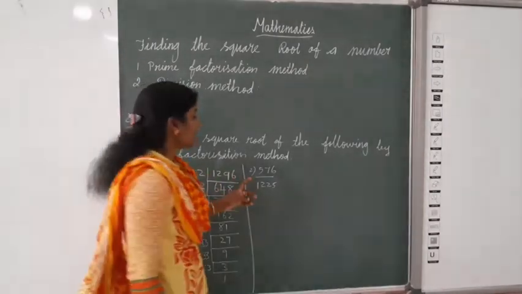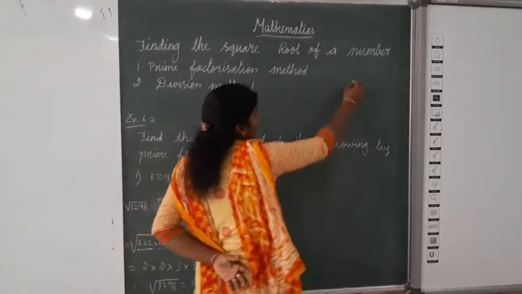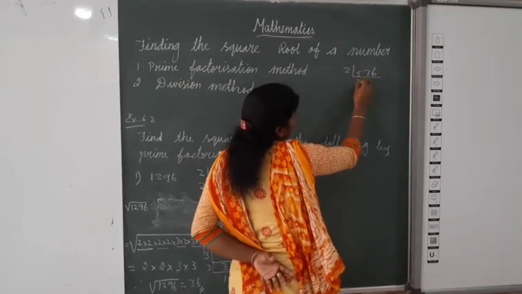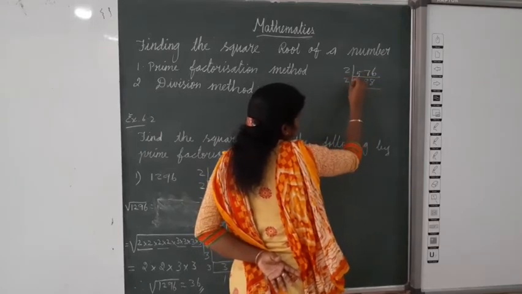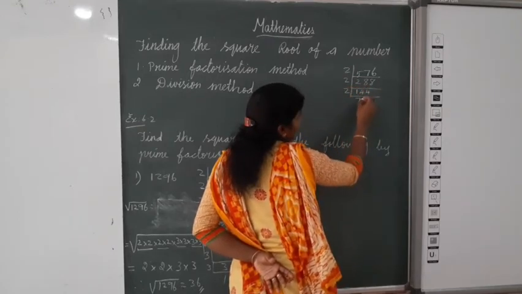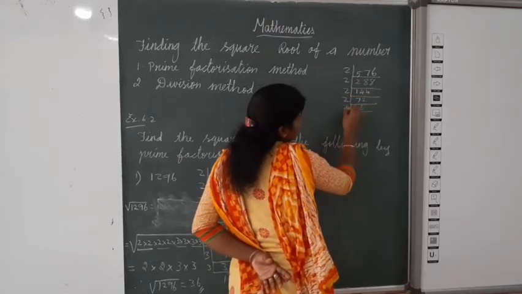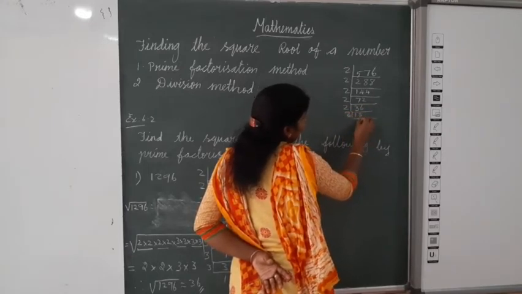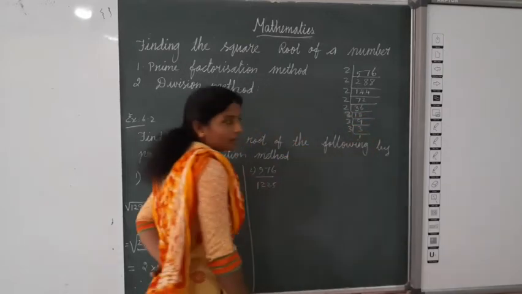Then next question. 576 divided by 1225. Now we can find 576. 2 table, 2 2s are 4, 8 2s are 16, again 8 2s are 16. Then 2 table, 1 2 is 2, 4 2s are 8, 4 2s are 8. 2 table, 7 2s are 14, 2 2s are 4. 2 table, 3 2s are 6, 6 2s are 12. Then 2 table, 1 2 is 2, 8 2s are 16. Then 2 table, 9 2s are 18. Then 3 table, 3 3s are 9. Then 3 table, 1.